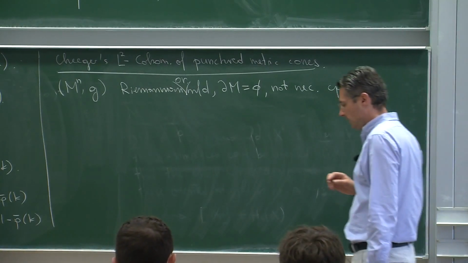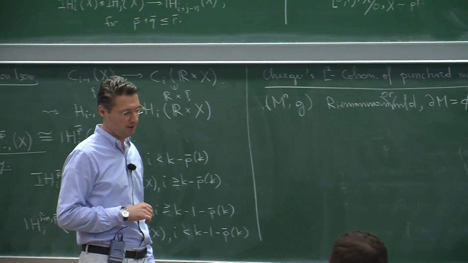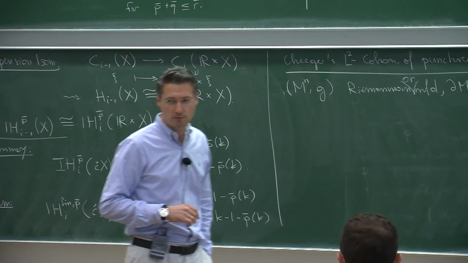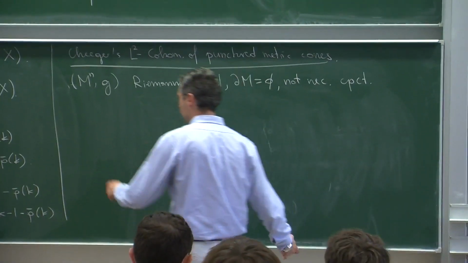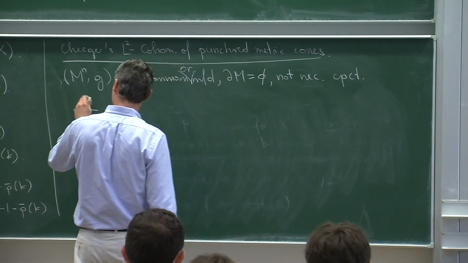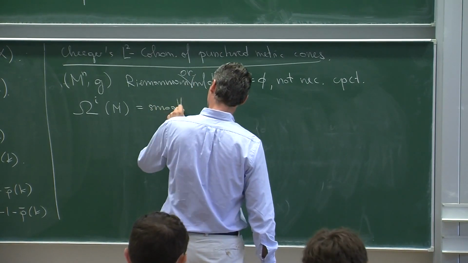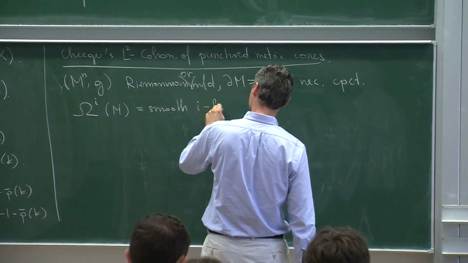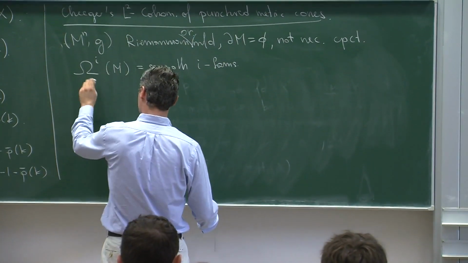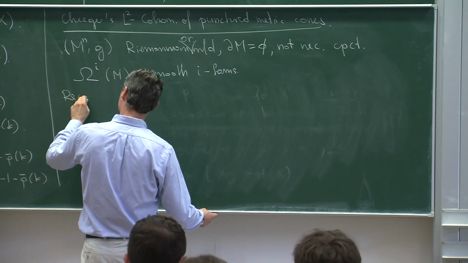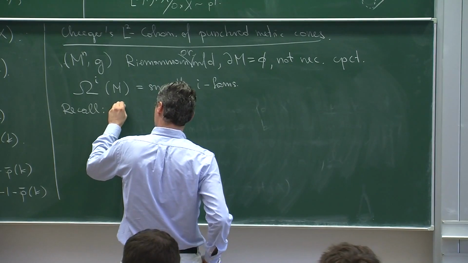But perhaps since I only want to consider in this argument smooth L2 forms, it's maybe better to use a different notation for that. So perhaps I'll just write omega I on M for the smooth differential I forms on M. And now recall, we've already seen this, a form